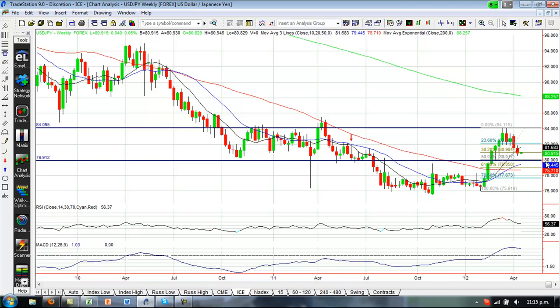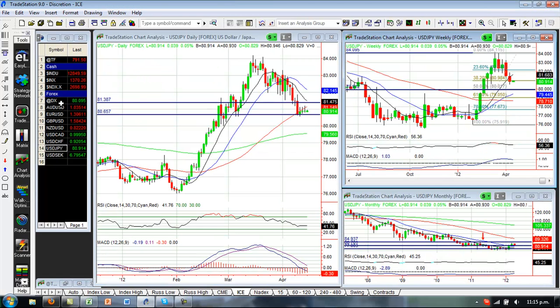Down here, not too far away, we've got the 80 level, which is a significant support level, and also obviously a big number, and it's also a 50% Fibonacci retracement level. So this might be about to bottom out now, but if it did get as far down as 80, I think that's around about as far as this is likely to go in the short term. Whether US dollar strength comes in now, or whether it continues to decline a little bit and dollar strength comes in around 80, the dollar yen is showing some signs of dollar strength coming in sometime soon.